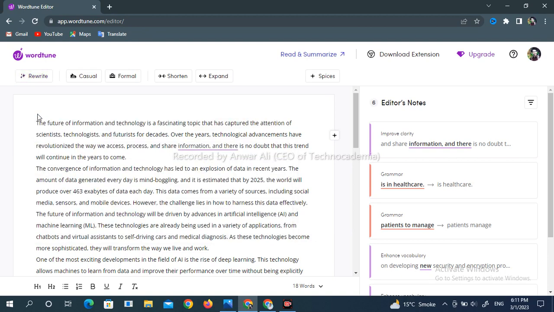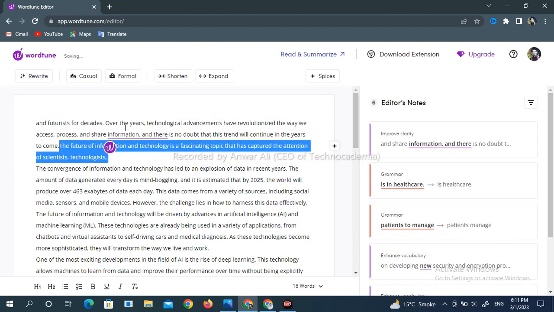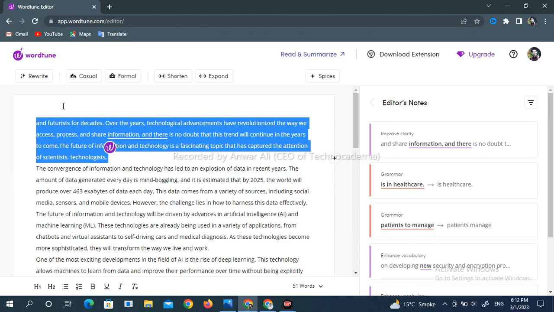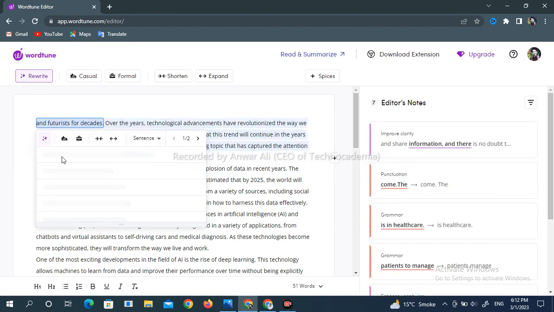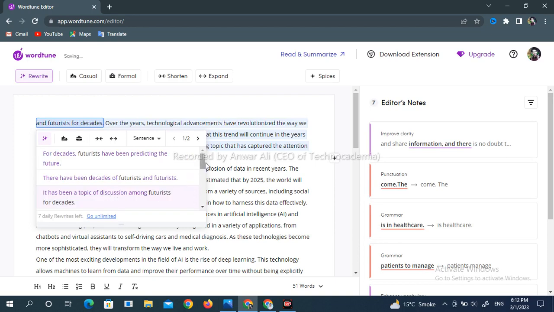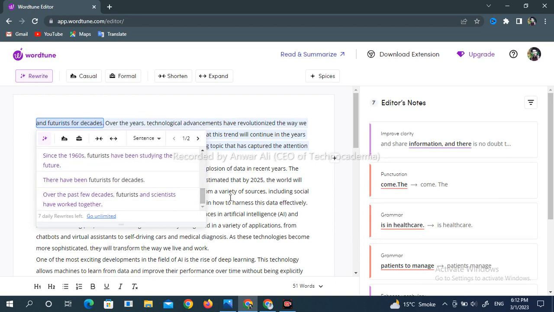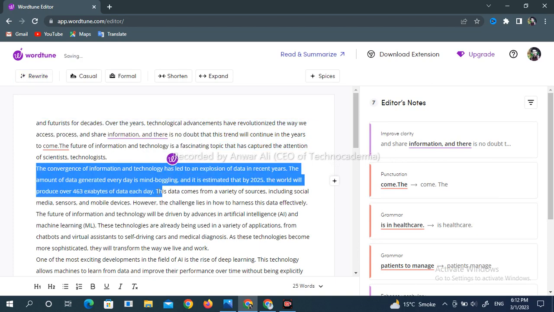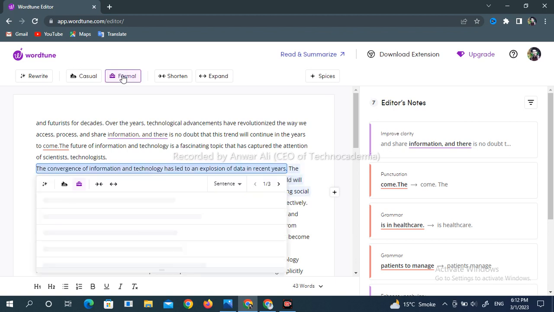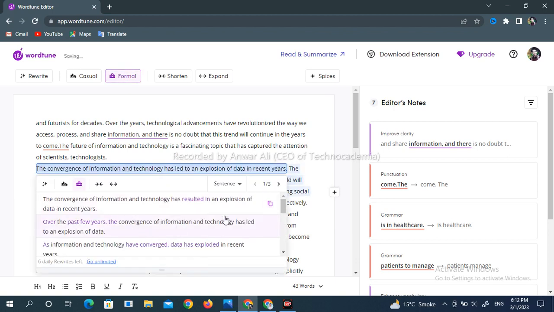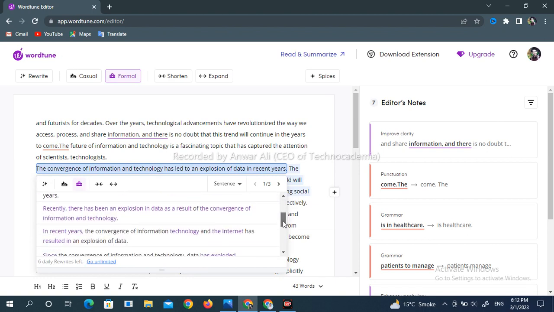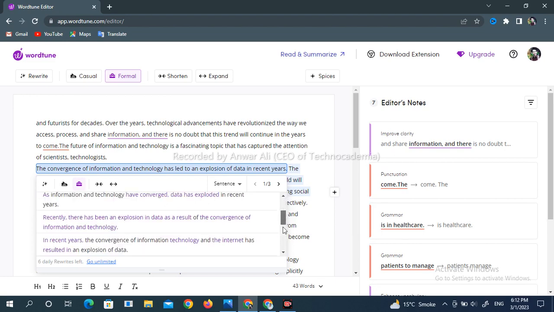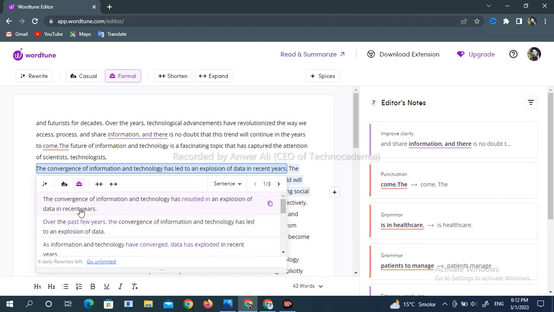I can select the whole paragraph, like this. I can tell it to rewrite. It will just give me suggestions for which sentence I want to rewrite, or I will tell it to make it formal. Just let's see. Okay, it's giving me suggestions for every sentence to rewrite, to convert it to a different version and things like that. So if I select this,